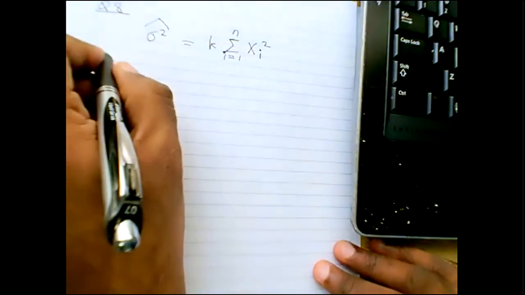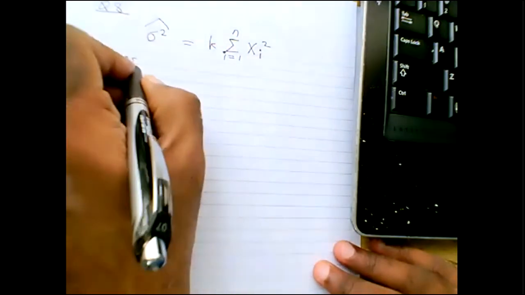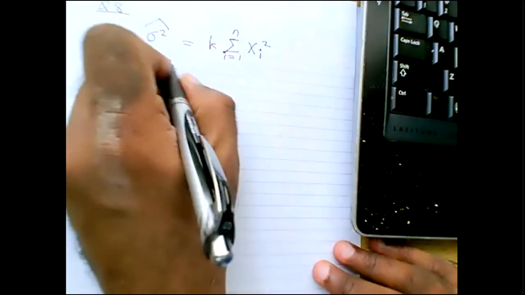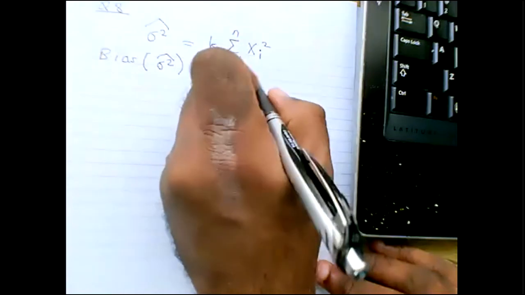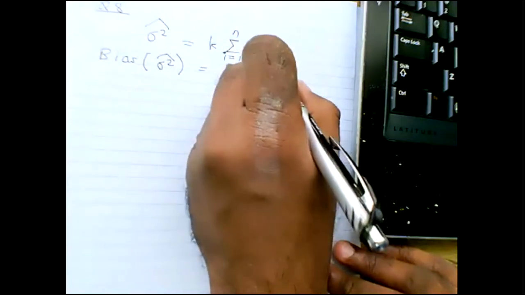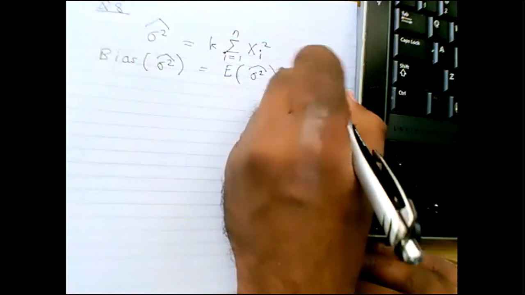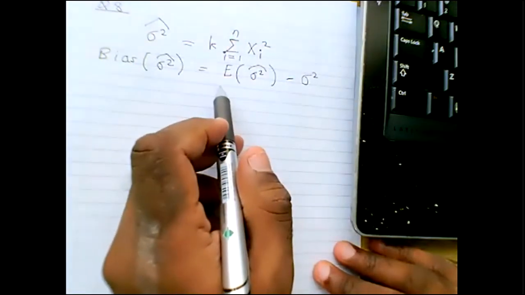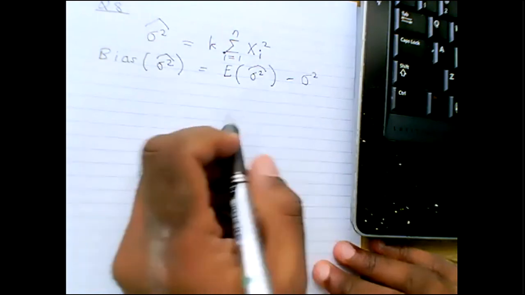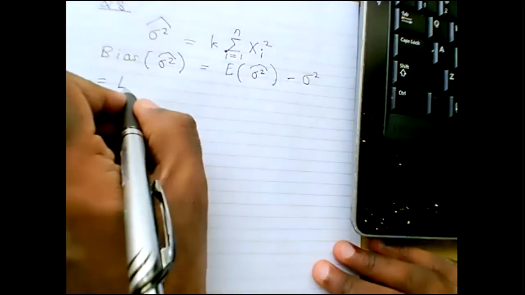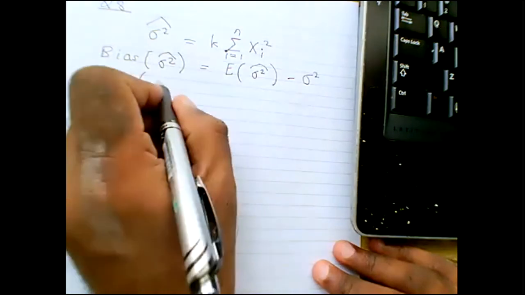So what we need to do is find the bias, which is the expectation of, remember the definition of bias is always the expectation minus the parameter that you're trying to estimate, right? So this is going to be the expectation of K times